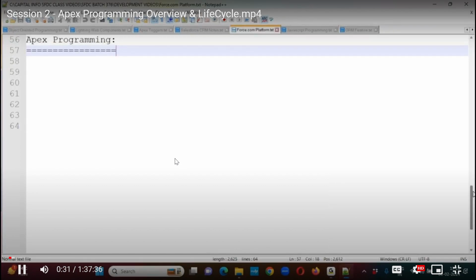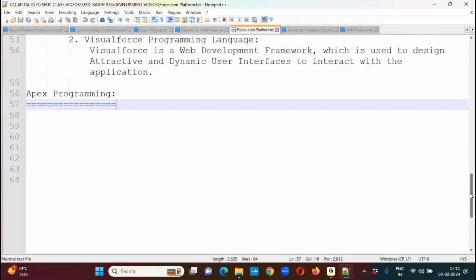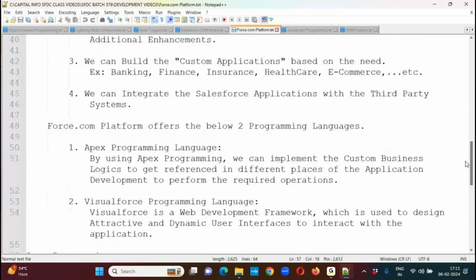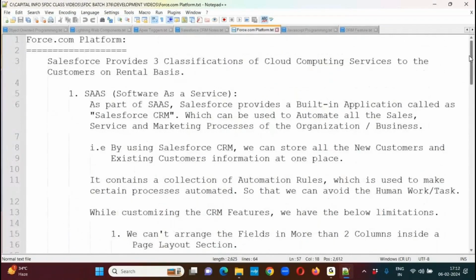So in the previous session, we have discussed the Force.com platform. We discussed what exactly the Force.com platform is, what its use is, and why we should go for the Force.com platform in Salesforce especially, even though we have a set of configuration features in Salesforce. What kind of scenarios will force you to go to the Force.com platform,